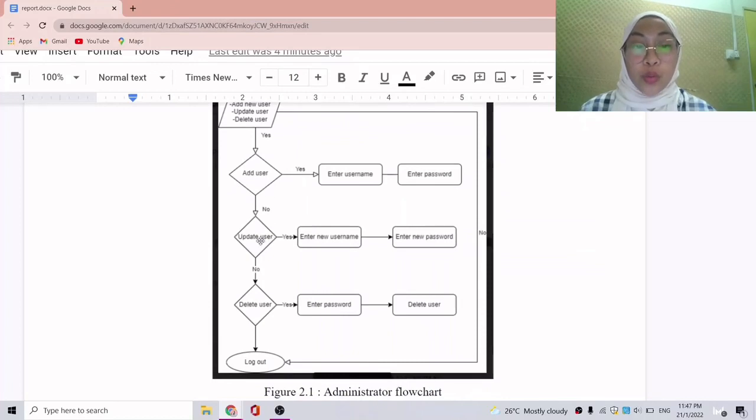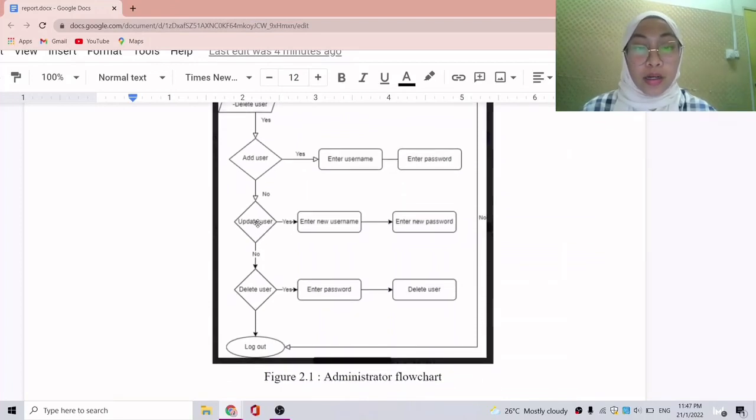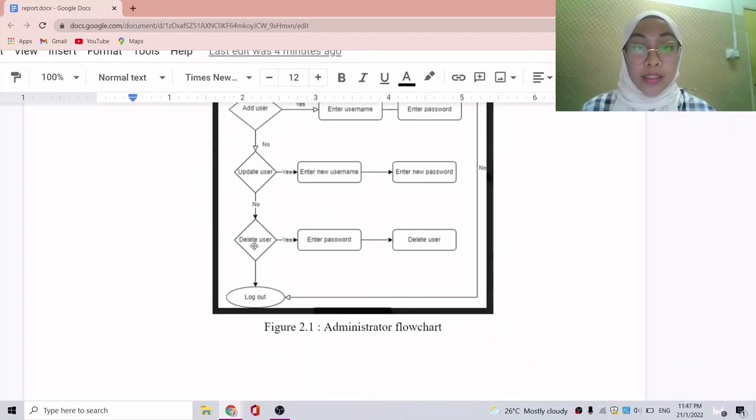If no, then they can update user. At update user, they can enter a new username and enter a new password. If no, they can delete user. For delete user, firstly they need to enter a password and then enter the user,